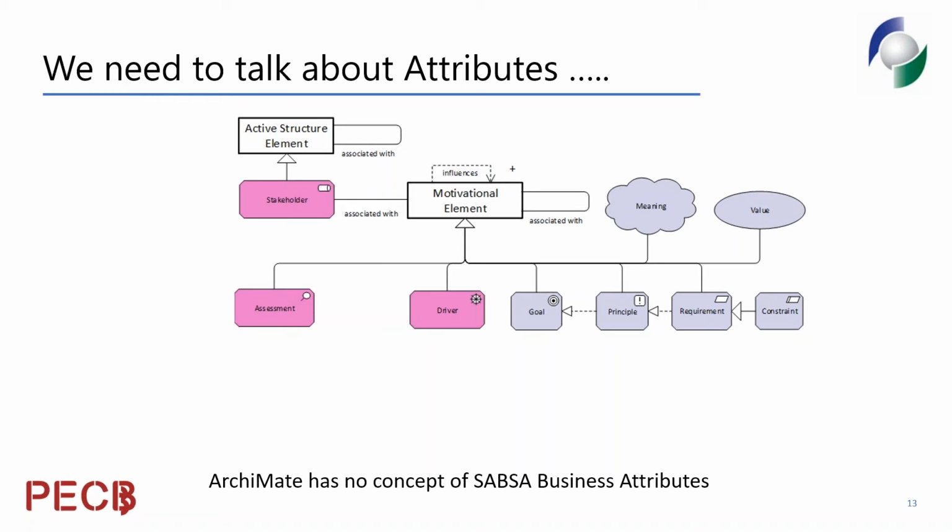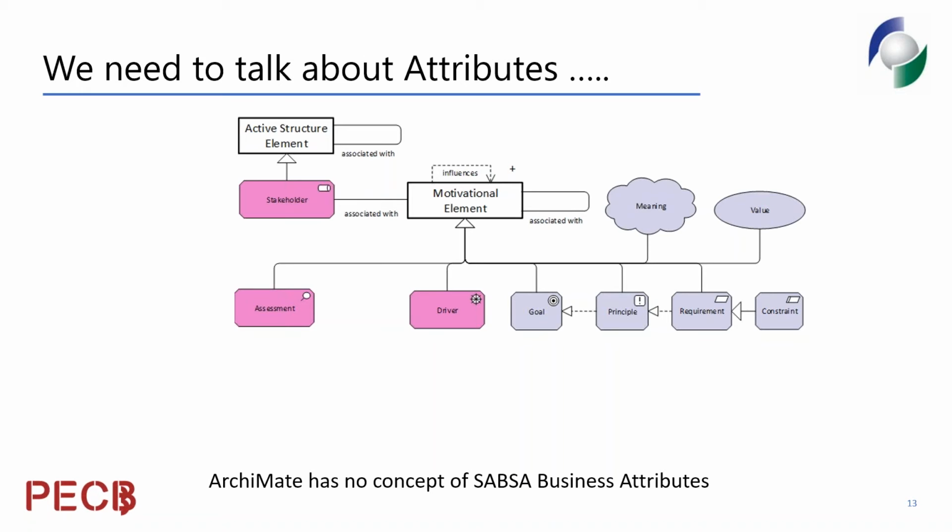So business attributes in SABSA are a way of capturing those adjectives, those properties that the ideal system should have. And then the security architecture is all about protecting and enhancing those properties to give them the maximum business value. Okay, so you defend or protect a property that you think could impact you badly in a negative sense, and you try and enhance properties that you think you can exploit for greater reward.